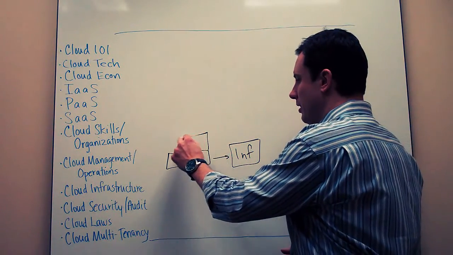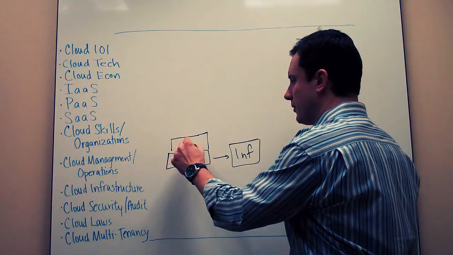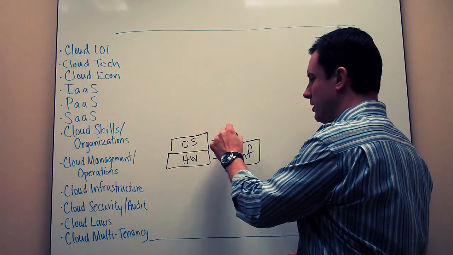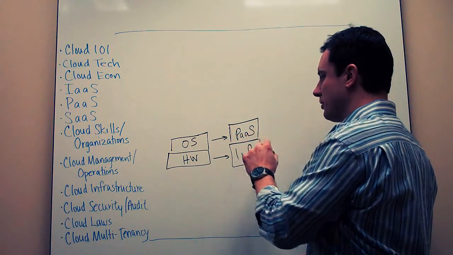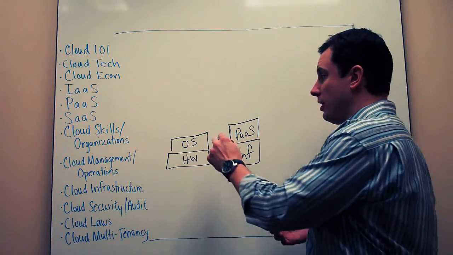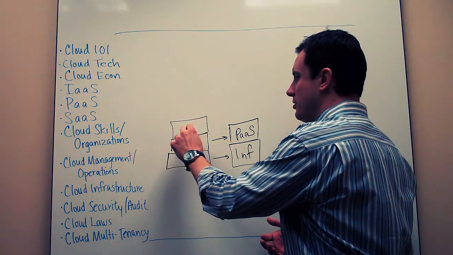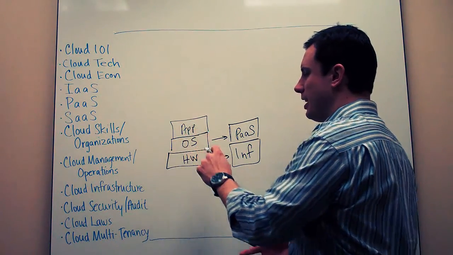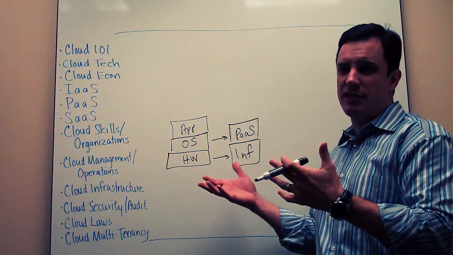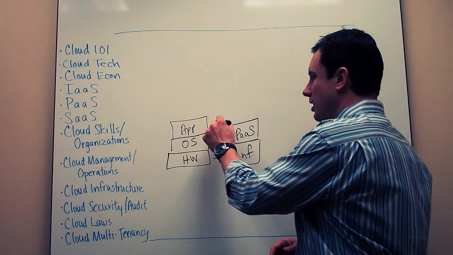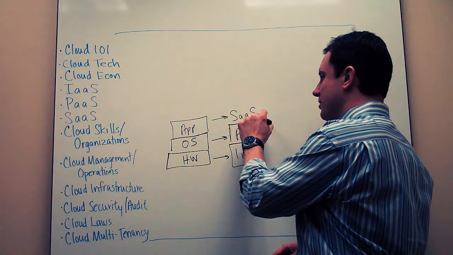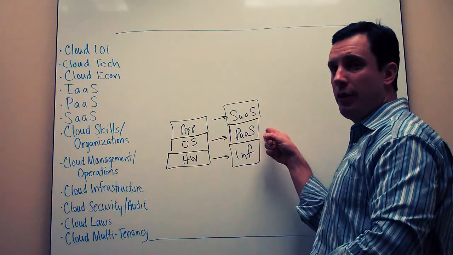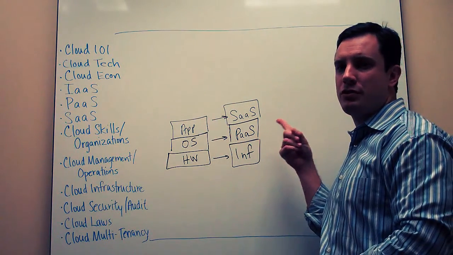And then we had the operating system, the OS, which really relates to what we're going to talk about now, which is PaaS, or Platform as a Service. And then on top of both of these, we have applications, right? In the case of a computing device, server, it's an application. In this other model, we tend to call that software as a service, or SaaS, okay? But we're primarily going to focus on this layer right here, Platform as a Service.